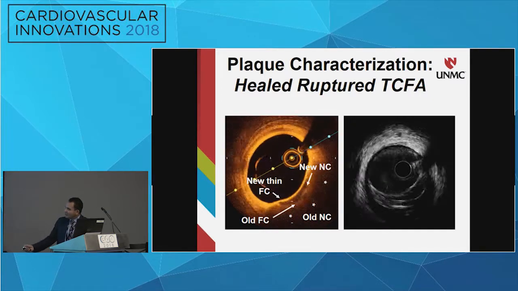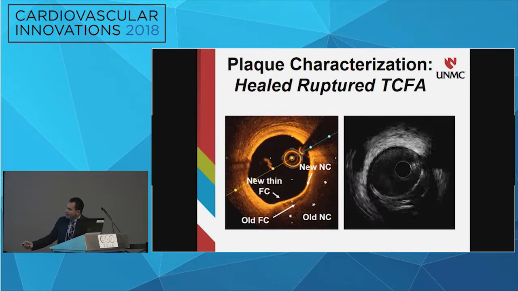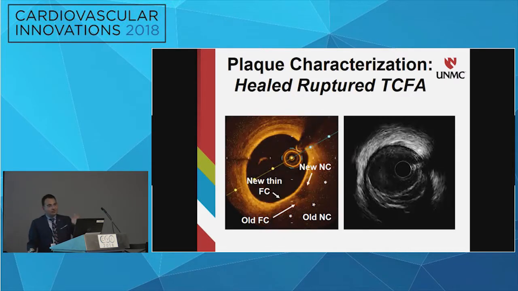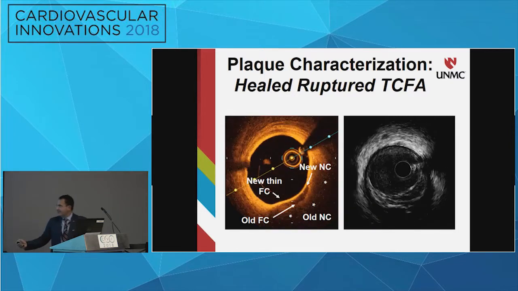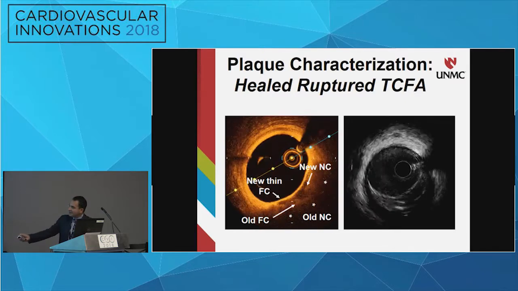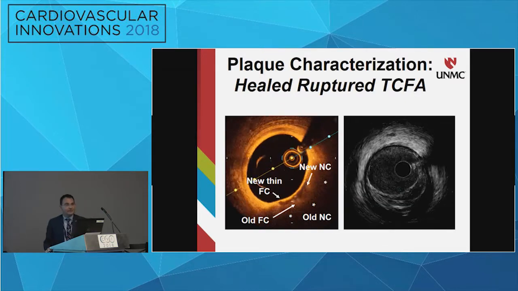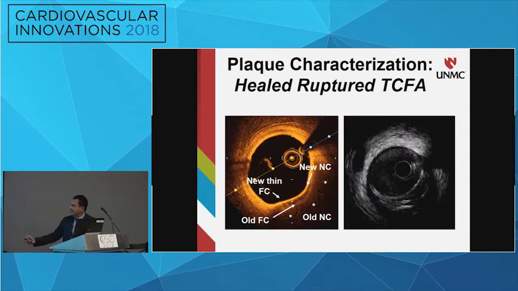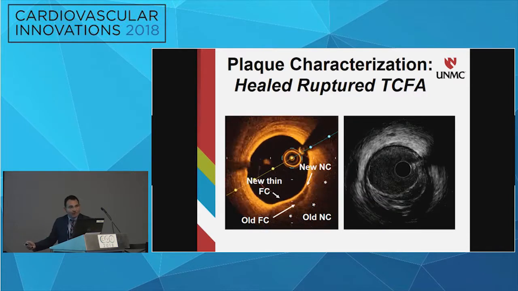This is the old necrotic core. This is the old fibroscar, this layer here. Then this plaque ruptured, it healed silently, and it developed a new necrotic core, new plaque built up on top of this, and covered by the new thin fibroscar. So it's a thin cap fibroatheroma which at some point ruptured and it healed, and it evolved again to a